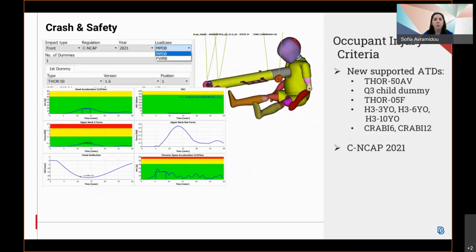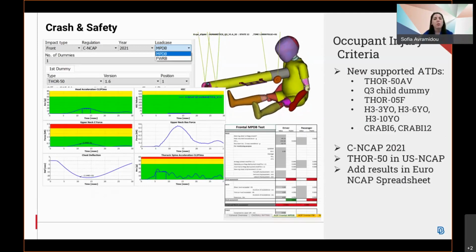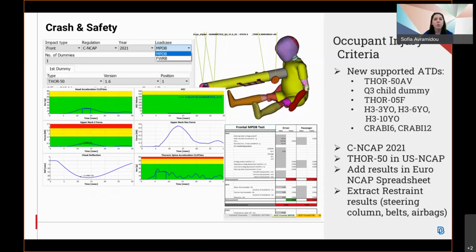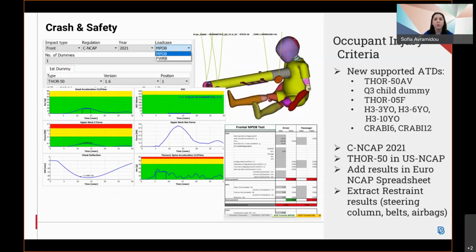The China NCAP rating has been supported, and 450 for autonomous vehicles is supported in the US NCAP. Results of the Euro NCAP rating can be added in the official Euro NCAP spreadsheet. And lastly, it's possible to extract restraint results for the steering column, airbags, and seatbelts, but we need input spreadsheets to be created in order to extract these results.